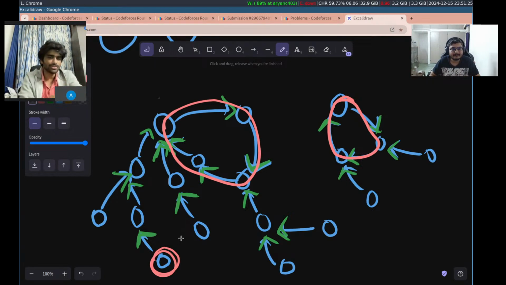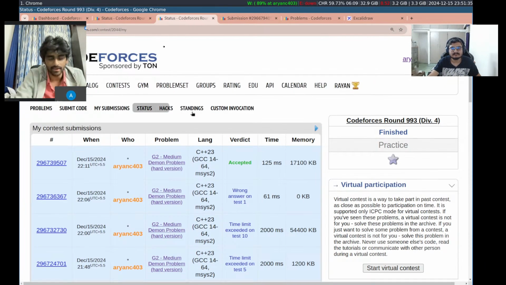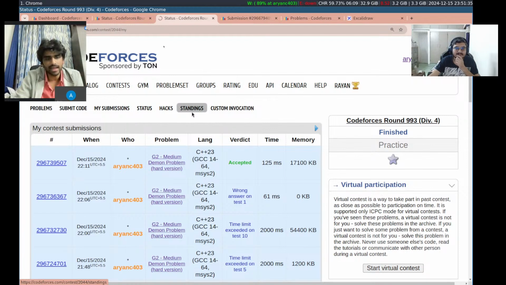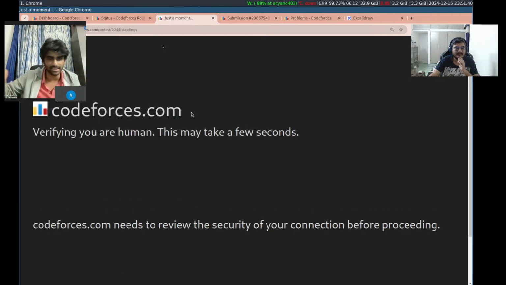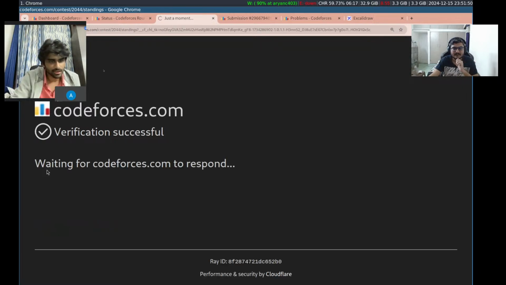Actually, my implementation was not very good, but it was very interesting to me. So I want to ask you, Aryan, and also the chat, if this is the problem that you're faced with, that you have a cycle in between and then some subtrees attached to it, find these trees. So how do